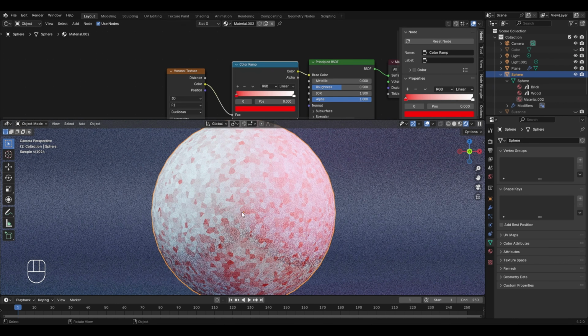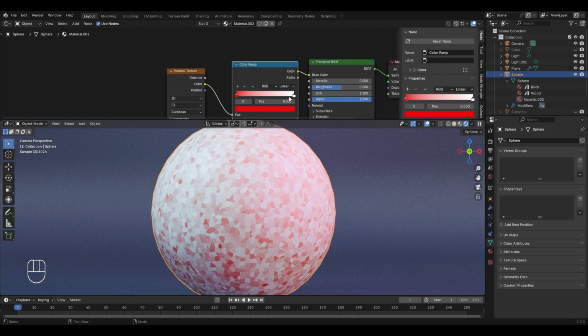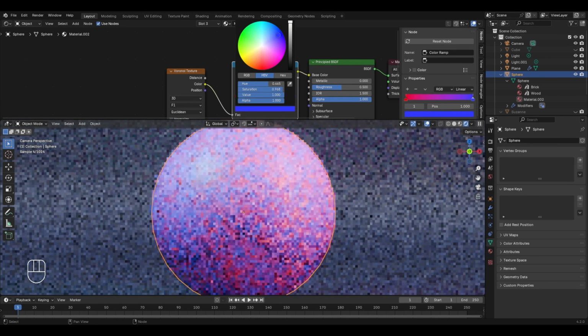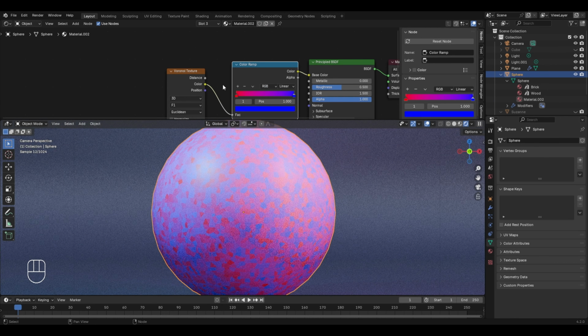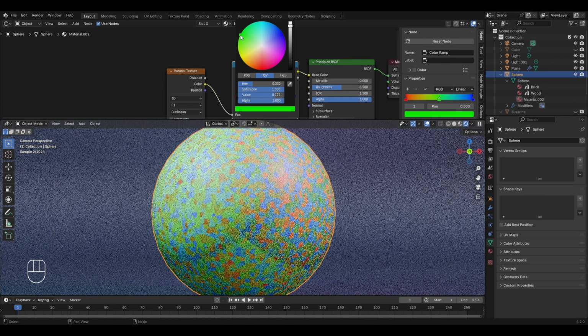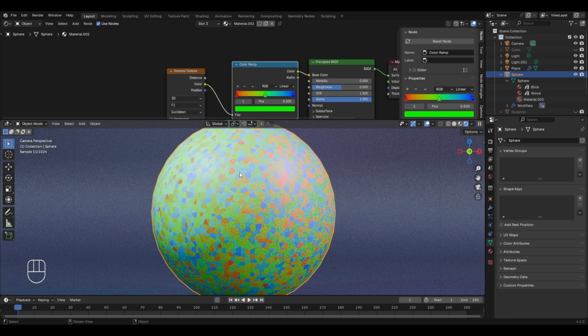By doing this, you will begin to notice some shades of the red color applied on this pattern. Similarly, I'll now select the second pointer, and for this one, I'll change the color to blue. Apart from this, you can also add some more colors by clicking on the plus icon here and change the color by using this color wheel. So for this one, I'll choose the green color, and now we have a combination of the red color, green color and the blue color on this Voronoi texture.